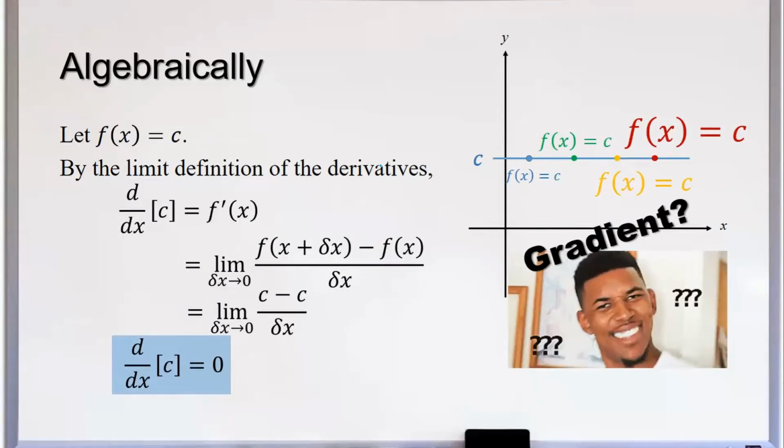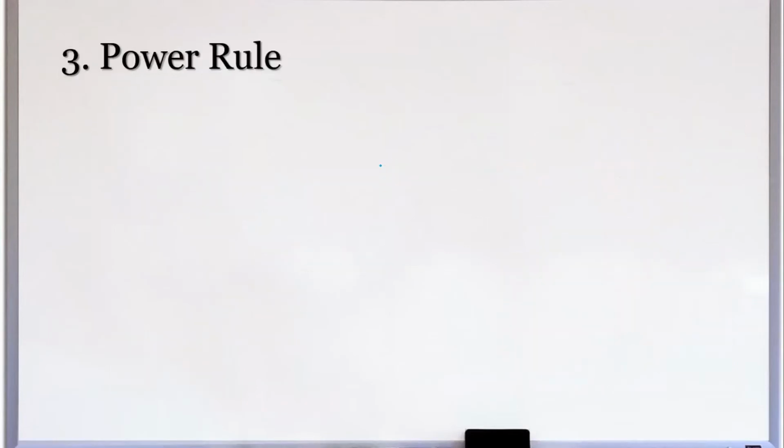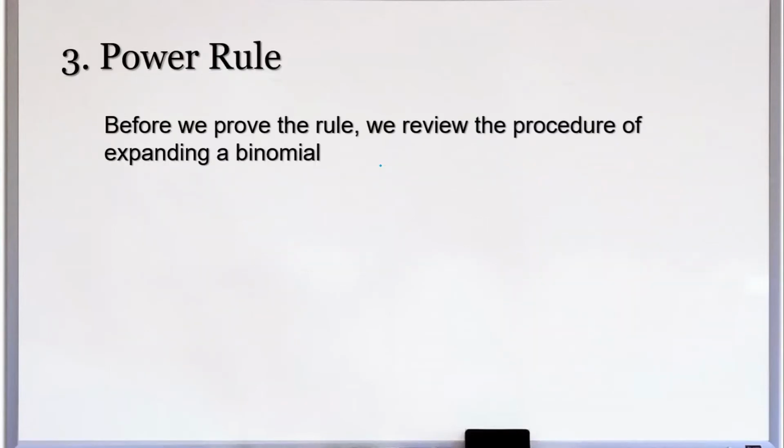That is our constant rule. Okay, moving on. The next rule we want to prove is the power rule. Before we prove the rule, we have to review the procedure of expanding a binomial. Let's say we have (x + Δx)² is actually equal to x² + 2xΔx